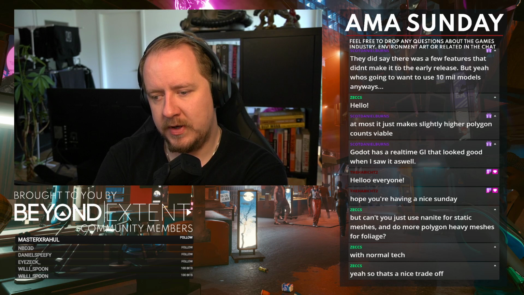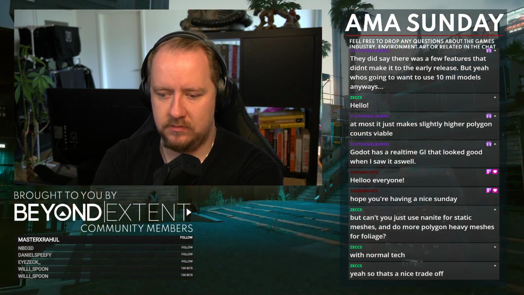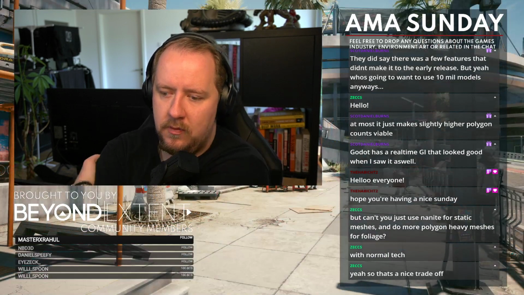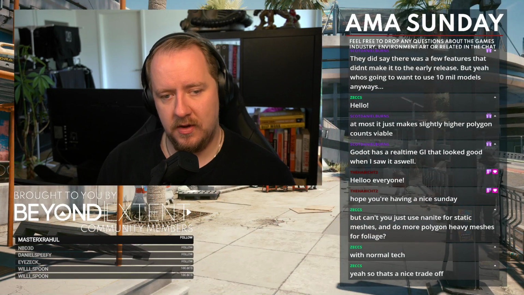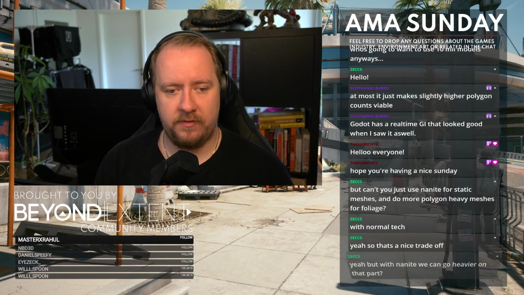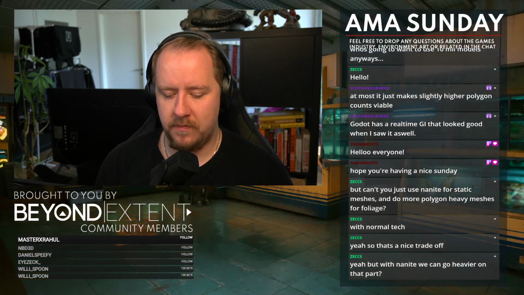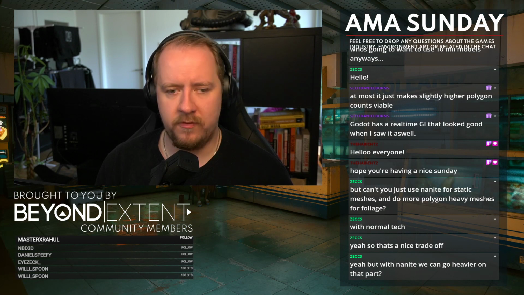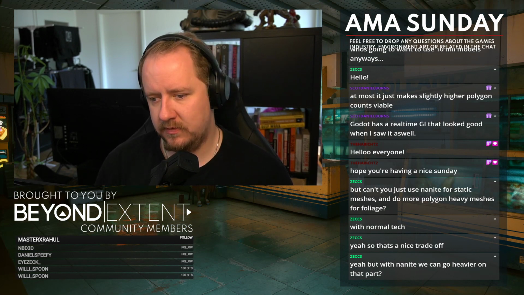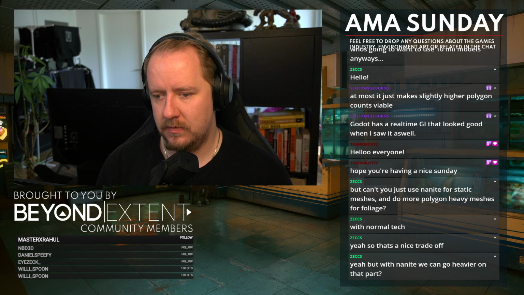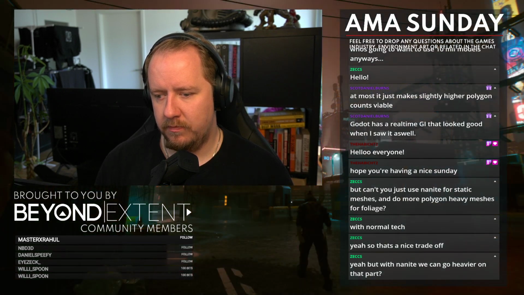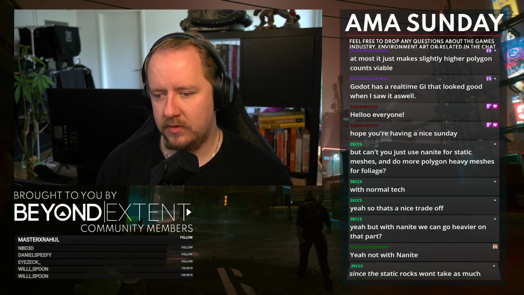It's something that we were already doing even before Nanite. So the only thing that Nanite changes is that we don't necessarily have to create unique normal maps for rock formations or really organic shapes, right? But with Nanite, we can go heavier on that part.